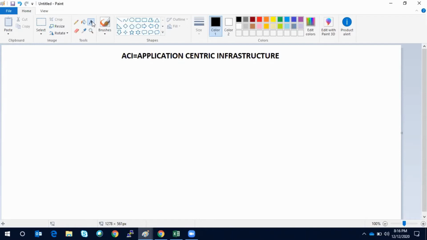Okay, let me start with the fundamentals, with the first module: what is ACI. ACI is an acronym that stands for Application Centric Infrastructure. An application has three tiers: web, app, and DB. Initially, when the application team approached you and said web is not able to talk to the DB, then you as a network guy would say,